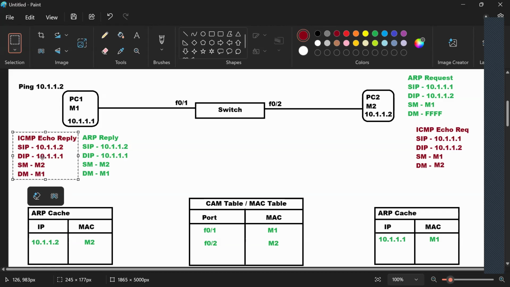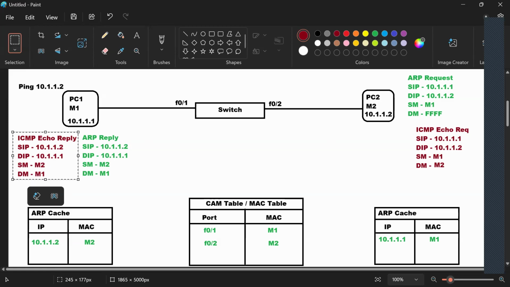This is clear. So now you know what is unicast, what is multicast, what is broadcast, and how the switch populates the CAM table, right? Sir, ICMP is an L3 protocol, no? Yes, L3. And ARP is L2. Yes. So the switch is just checking the MAC addresses, right? The switch has nothing to do with these things. First, layer 2 will be decapsulated, right? So by looking at the layer 2 information only, the switch will forward the traffic.